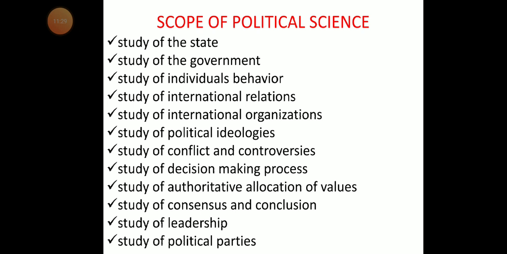Study of leadership. The scope of political science includes the study of leadership also. Leaders are those who are there to lead the people, and they basically articulate the interests of the people. Through certain methods, they try to form consensus among the people, among different interests, and organize those interests and try to provide, through their leadership, the solution to those needs, wants and problems, and this falls in the scope of political science.